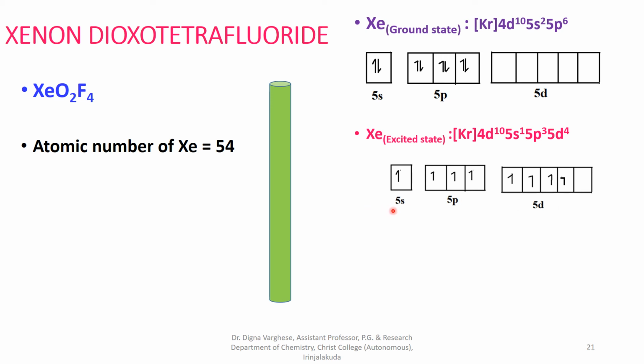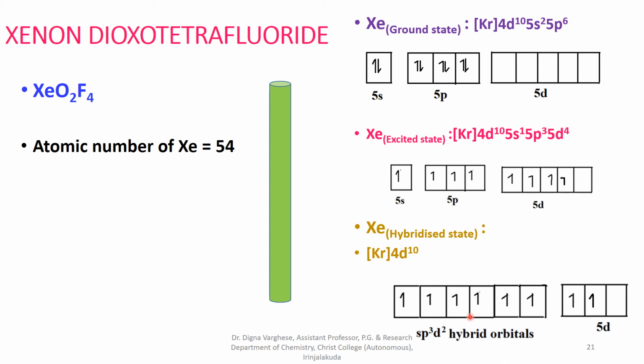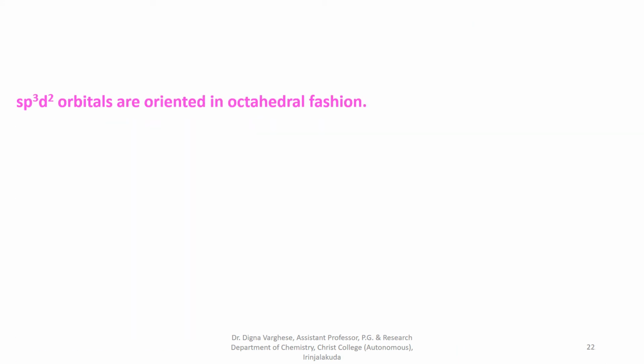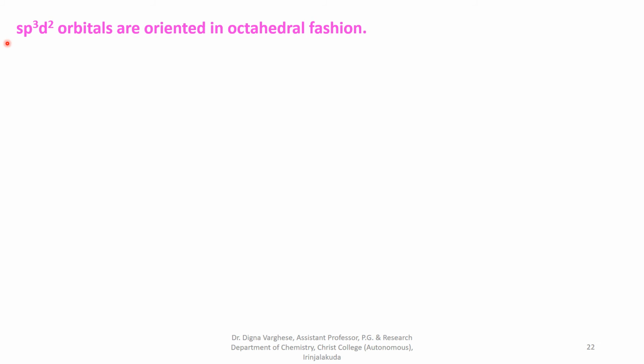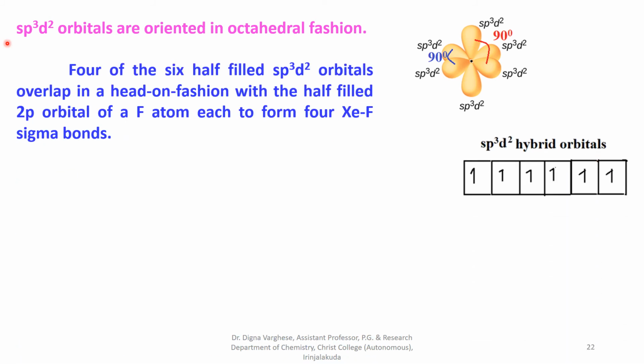The 5s and 3 5p orbitals and 2 5d orbitals of xenon mix among themselves with redistribution of energy to yield 6 new sp3d2 hybrid orbitals. We know sp3d2 orbitals are oriented in octahedral fashion. The angle is 90 degrees, and the 4 of the 6 half-filled